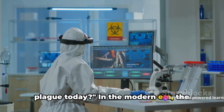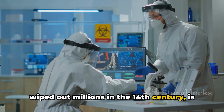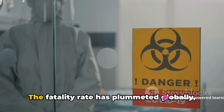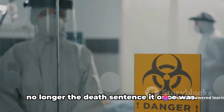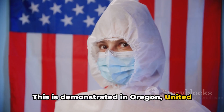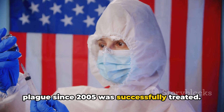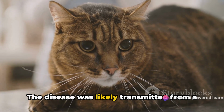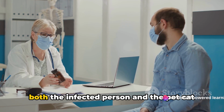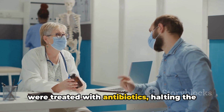In the modern era, the bubonic plague, the same disease that once wiped out millions in the 14th century, is now treatable thanks to the power of antibiotics. The fatality rate has plummeted globally, no longer the death sentence it once was. This is demonstrated in Oregon, United States, where the first case of bubonic plague since 2005 was successfully treated. The disease was likely transmitted from a sick pet cat. Thanks to swift medical intervention, both the infected person and the pet cat were treated with antibiotics, halting the disease